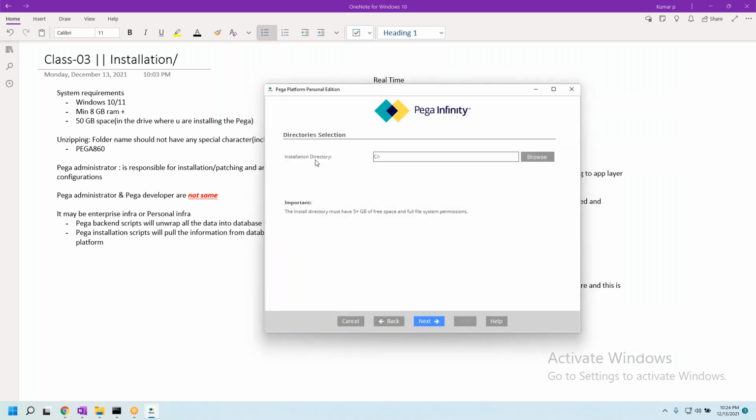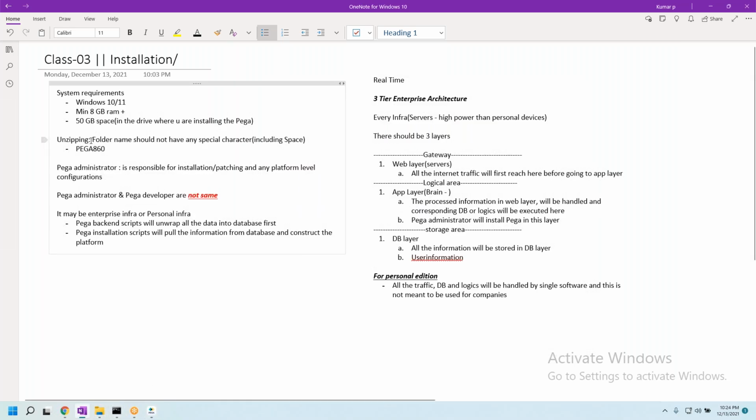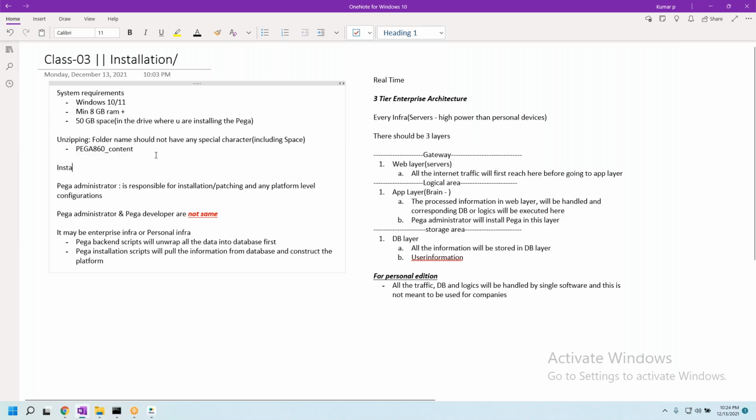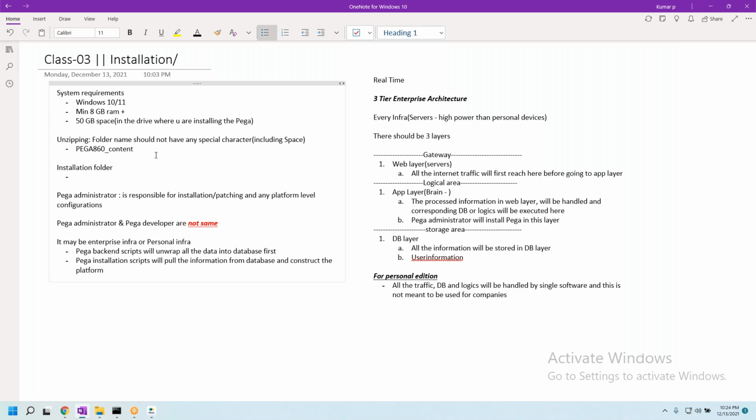Here, if you see installation directory, be very clear, guys. This unzipping that we are doing is content, not the actual installation folder. The installation folder should be completely different. It's okay, you can keep the name Pega 860, Pega 860 install, or installation folder.